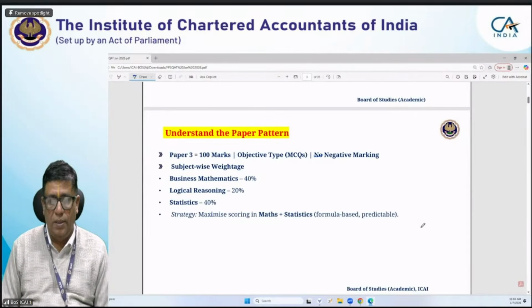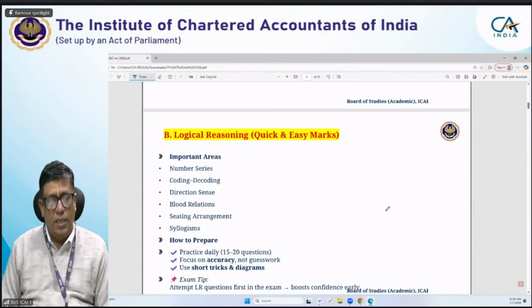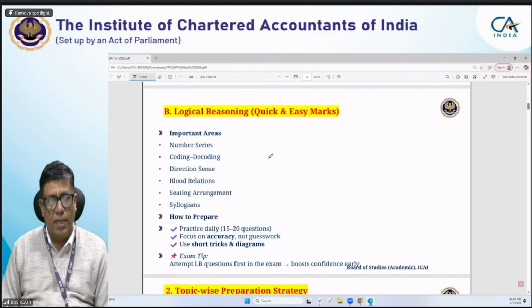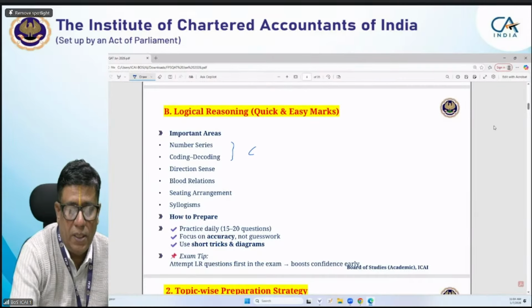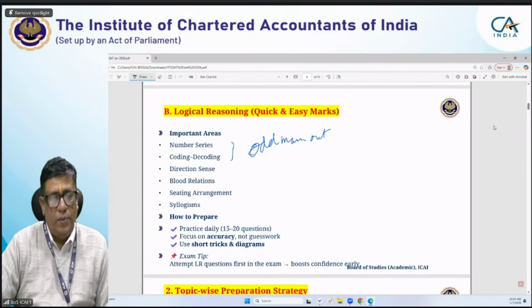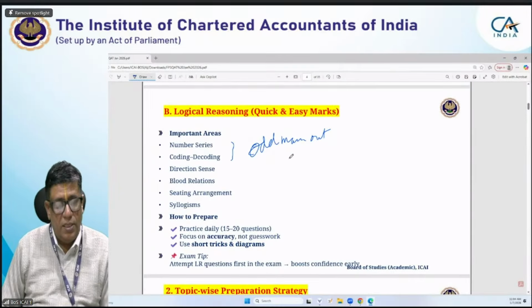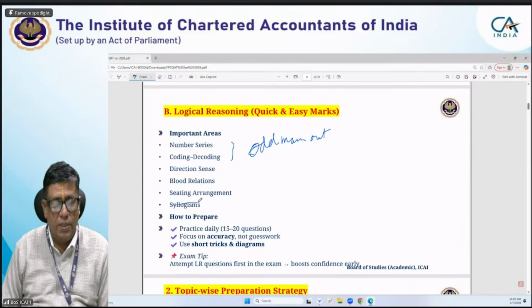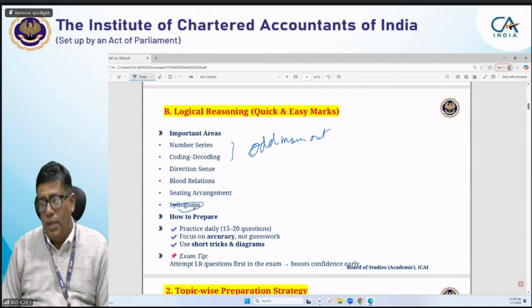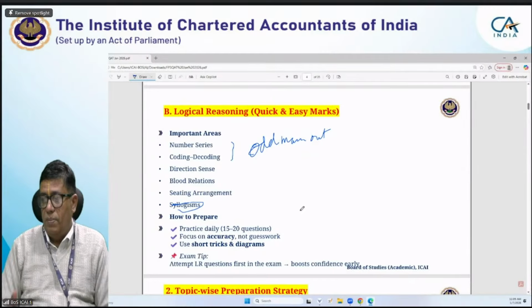Next, logical reasoning has chapters like number series, coding and decoding, and odd man out. Apart from that, direction sense, blood relations and seating arrangements. Syllogism is not in the syllabus. Earlier it was in the syllabus, but by mistake it was typed here. Syllogism is not a part of it. Practice 15 to 20 questions daily from these chapters,